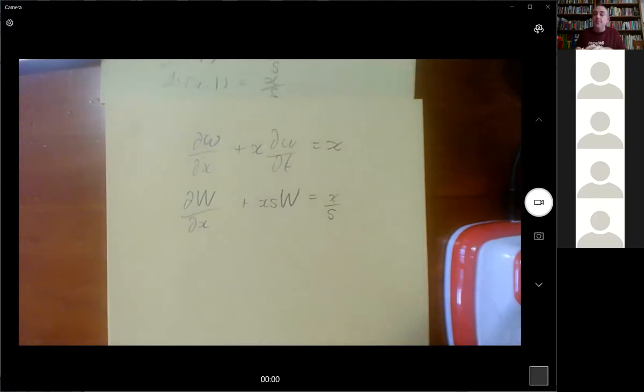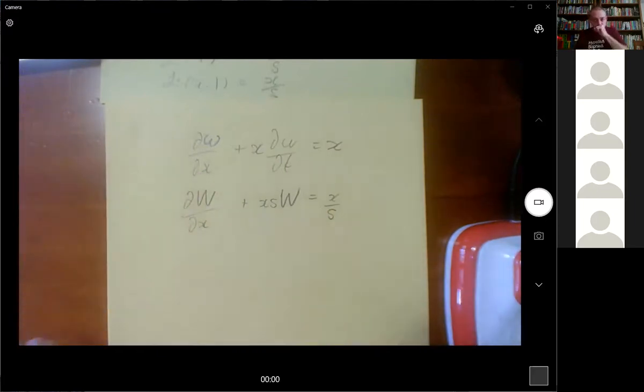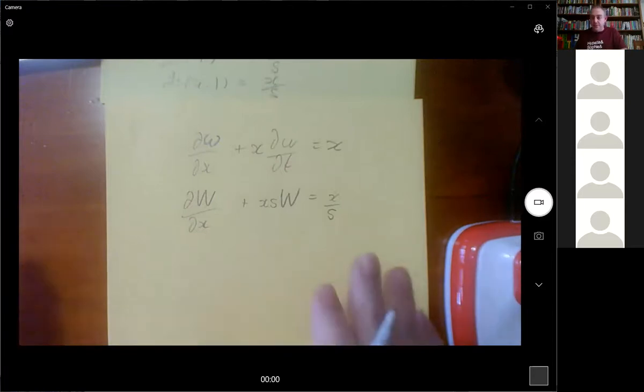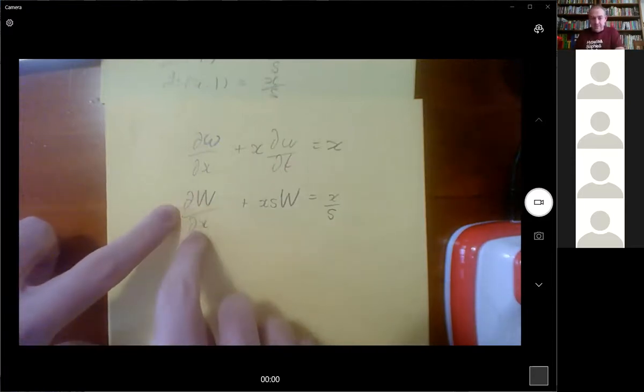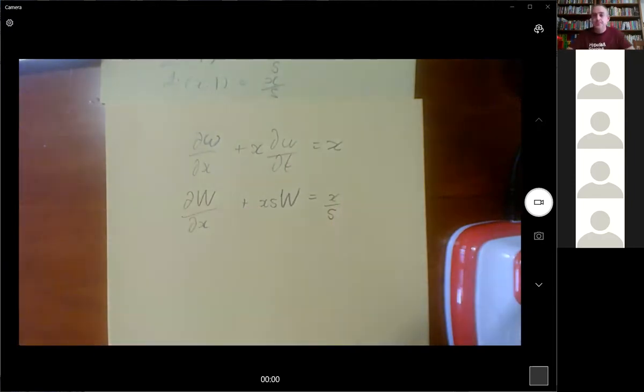All right, but the x's stayed where they were when I did this process, because the x's weren't involved in that Laplace transform, it only affected the t's. So the d on dx's stayed where they were, and the x's stayed where they were. Okay. If you do a lot of practice with Laplace transforms, I'm sure you would be able to do this more quickly. All right. And now,